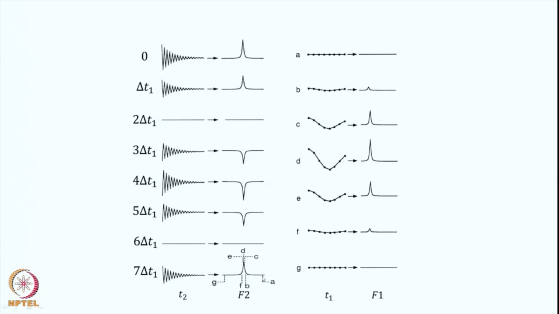Now what you do is you take this point in each of these spectra, and plot them here. So let us look at point A. Point A, this here, this here, this here, and you put all these points here. There is no variation here, right, because it is all the same. Now we come to point B. The point B, this one is here, and here it is 0, and then it is here, then you take this here, here, and here, and you plot that here.